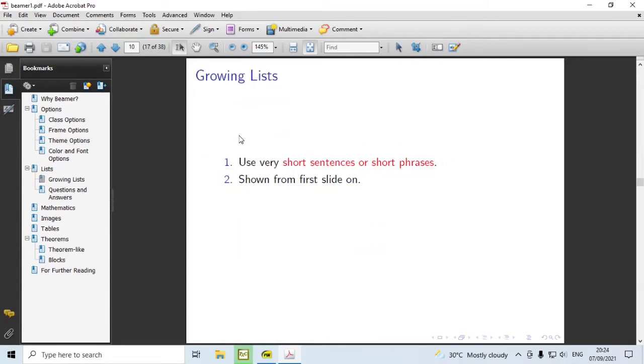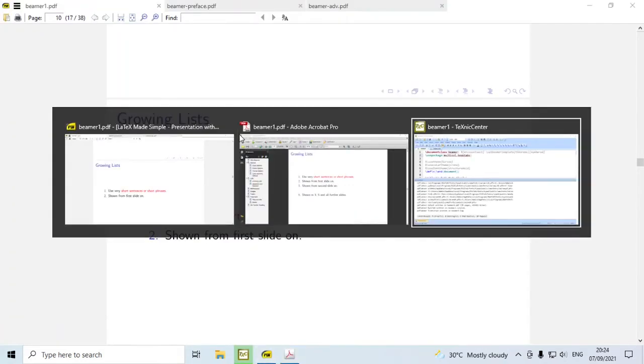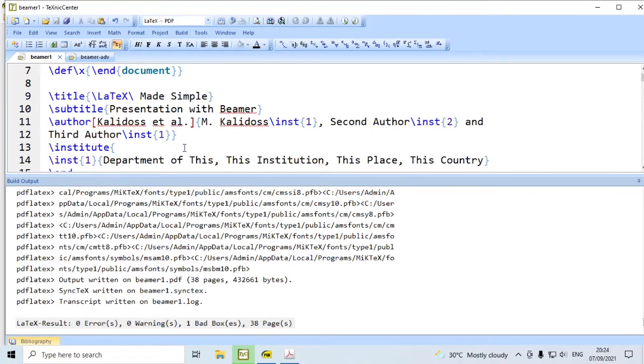This is the first slide. This is the second slide. This is the third slide. This is the fourth slide. And this is the fifth slide. All the 5 slides put together form one frame. As you can see here,